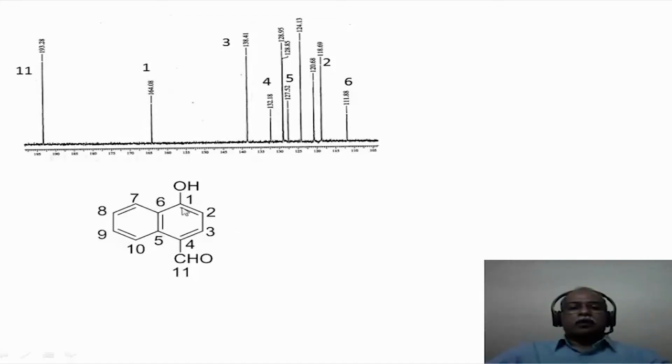This is adjacent to, ortho to the hydroxy functional group. That is why I have put 6 as the lowest delta value and 5 at a higher delta value, around 127, 6 at 111 ppm or so. The 6, 7, 8, 9 peaks can be arranged between the CH peaks that are seen here. It is difficult to precisely arrange which one is 7 and which one is 8 among the peaks. What is important is there are 4 CH carbons in this ring. All the 4 CH carbons are very clearly seen in the carbon-13 spectrum of this particular compound.